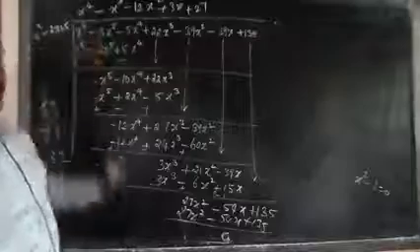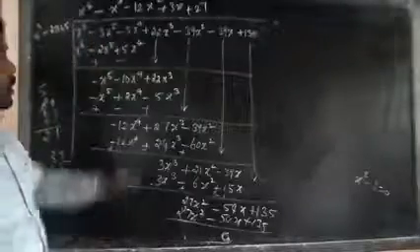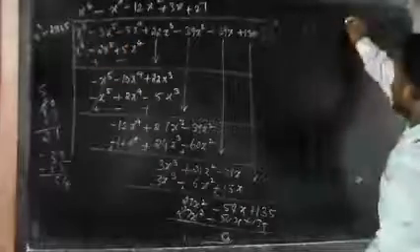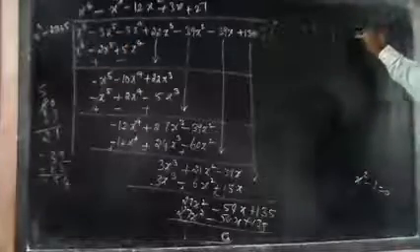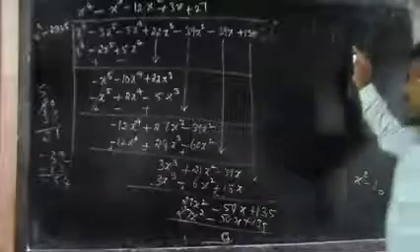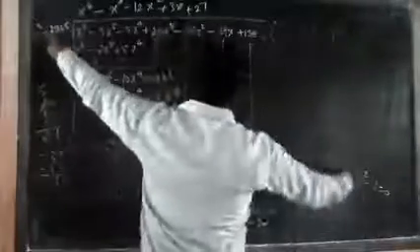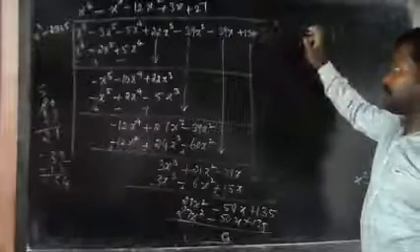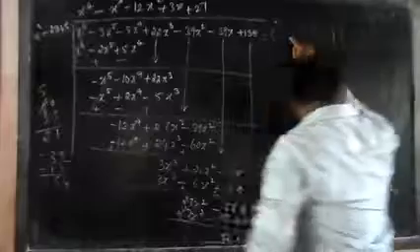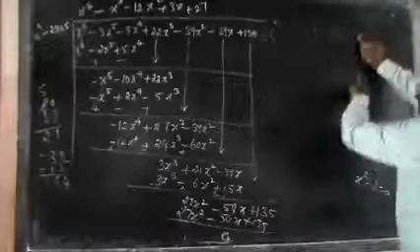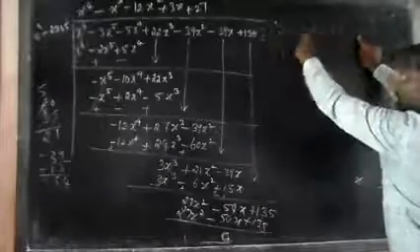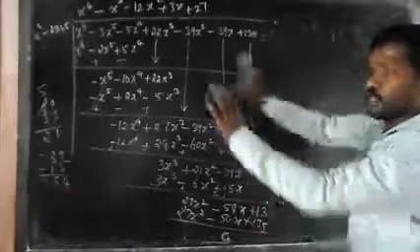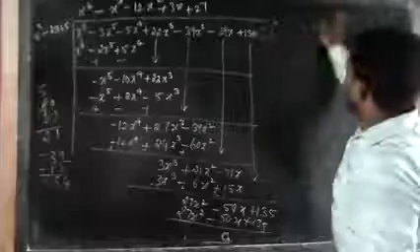This is a factor of what? The given polynomial. Clear? This polynomial can be written as this equation into this equation and one more equation. I need to find this one more equation. Why? These two are factors of the given polynomial. Therefore, the given polynomial can be written as this equation into this equation and one more equation. Why one more equation? Here x square, also x square, x to the power 4. One more equation, it's a quadratic equation. I need to find this equation. That's why I divide. Clear?